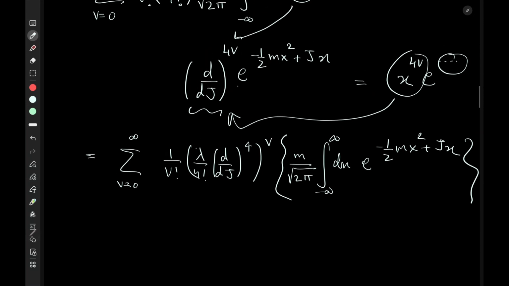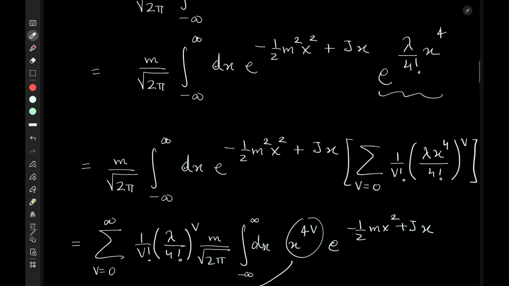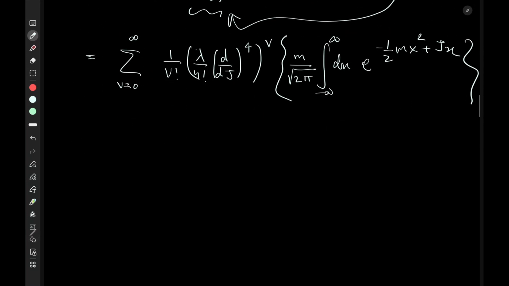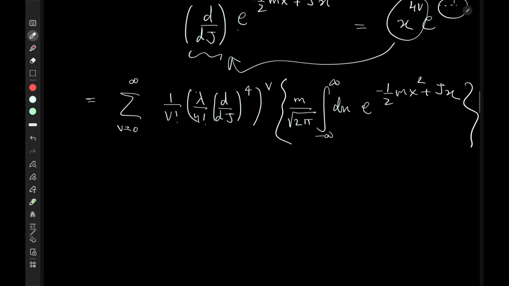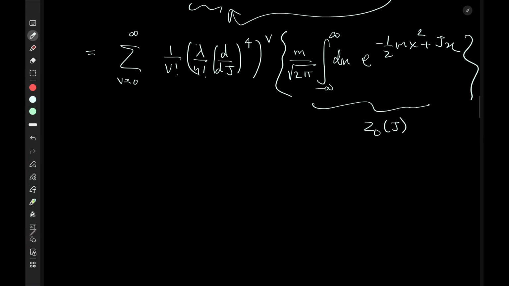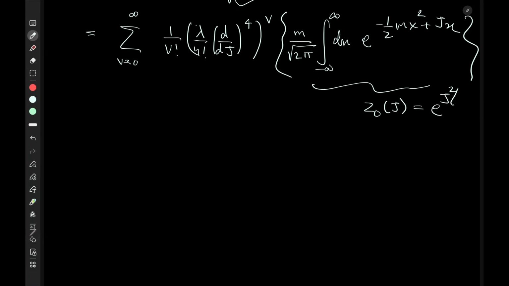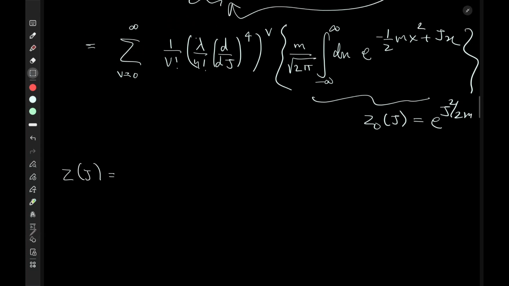And this factor in the curly brackets is the one that we know how to calculate explicitly because we did it a few steps ago. This is just our z0 of j, which is e to the power j square by 2m. So note what happened here. We removed this x from inside the integral and pulled the derivative factor outside. So this is z0 of j, which is e to the power j square over 2m. So this is our z of j. It is this factor